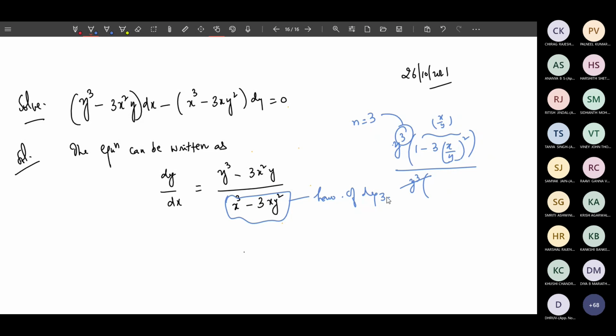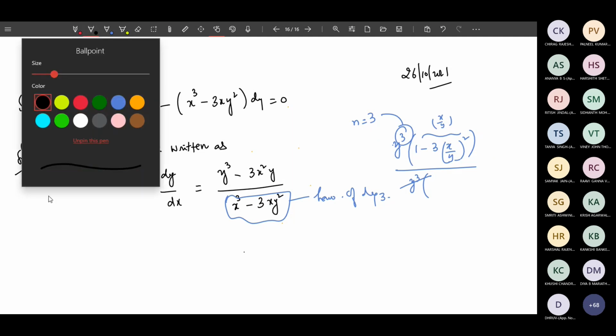It's not a problem. Anyway, this is easy to verify; either way you get a function of x by y or of y by x. So in that case,